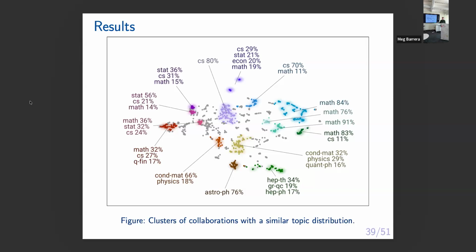The map works on distributions, so we can map these topic distributions down to 2D and see what topics each of the collaborations publish on. Each of these points is a group of papers that we believe is some research group, maybe an institute, maybe just a very strong collaboration between some professors.